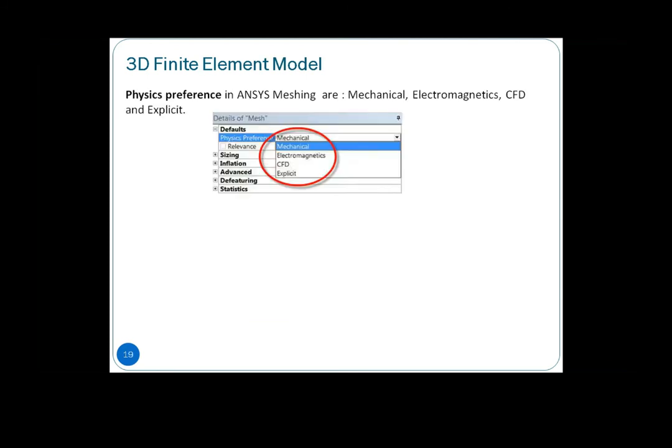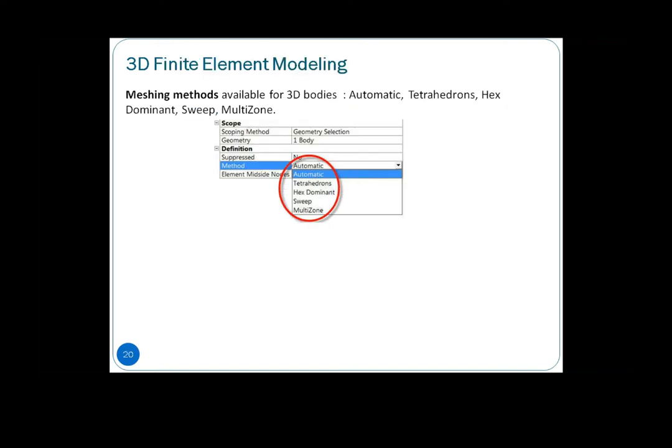Here also the same: you have global settings and local settings in 3D. If you are in 3D analysis, under the Workbench project schematic, you have to choose 3D. Then only you can see the 3D types of elements. Later on, I will show you. Here you have a few types: automatic, tetrahedron, hex dominant, sweep, and multi-zone. So you see that you have a hexahedron type, a tetrahedron type, and this sweep and multi-zone